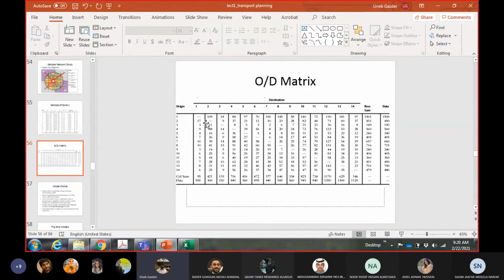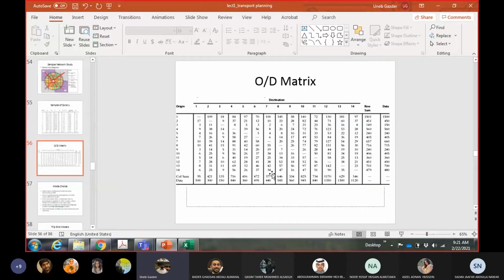the numbers, if you apply the same methodology to zone 2, you will calculate the second row, and if you do it for zone 3, you will have the third row, and so on. So these numbers should be equal to the total number of trips which are produced from zone 1. But as I said, we cannot correct the whole table because we don't have the factors. So we will assume that this OD matrix is for some other zones. Let us say they calculated the OD matrix and gave me this, for some other zones. These are not the same zones. Let us assume that, so that we can apply some calculations to this OD matrix as well.